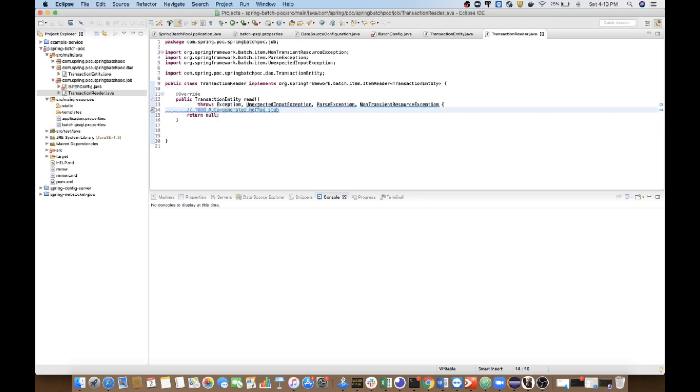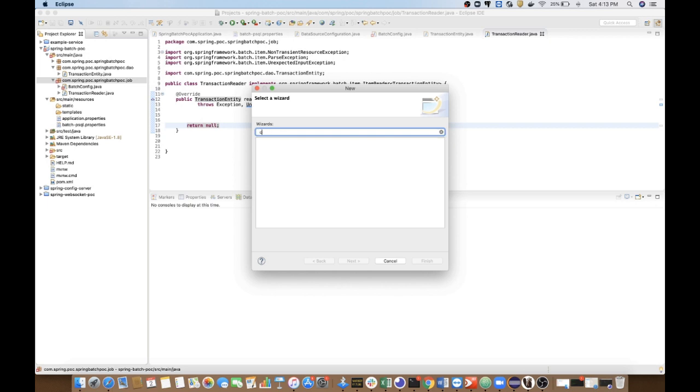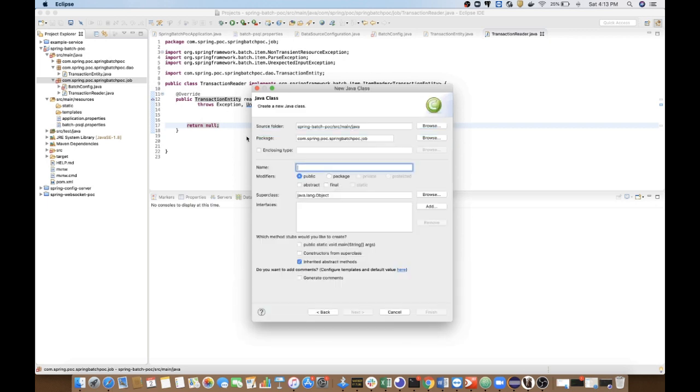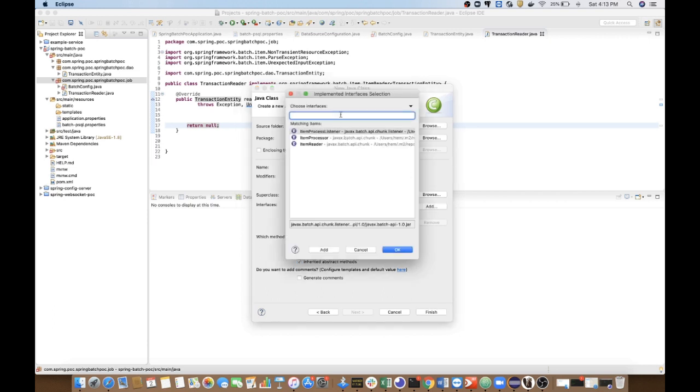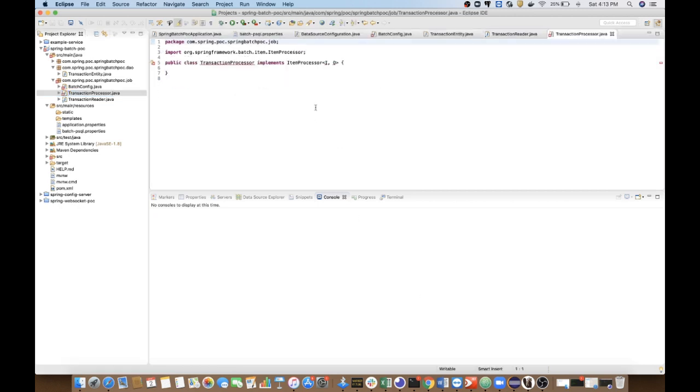Okay, we need to implement the method read from here. Again, I need to add one more class for the processor, the transaction processor, an item processor from the Spring Batch.